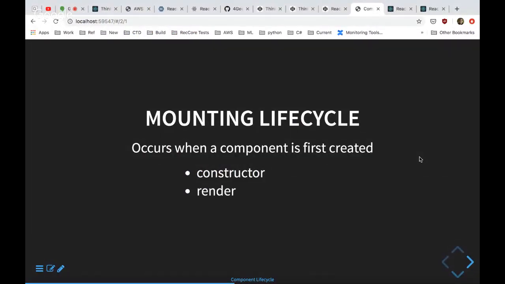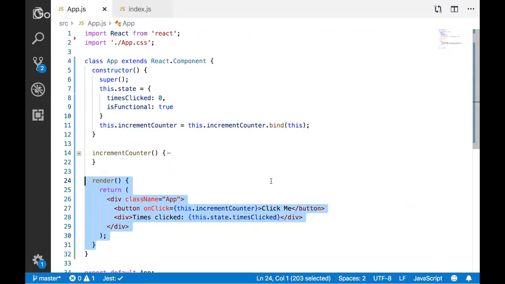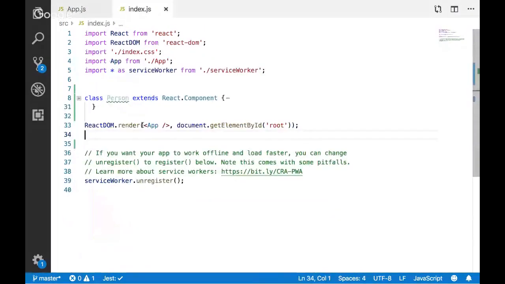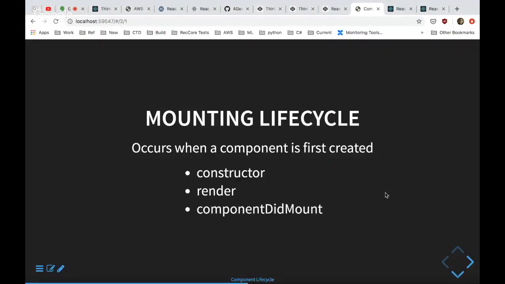The next thing it's going to do is call the render method of your component. So again, if we go back here and minimize this, it calls the constructor, it's constructed your component, then it calls render, and it gets back whatever came from render, and that's your element that's going to be returned from your component. That's what actually gets composed when you're writing the JSX, like the app bit here, is what you get back from calling render.